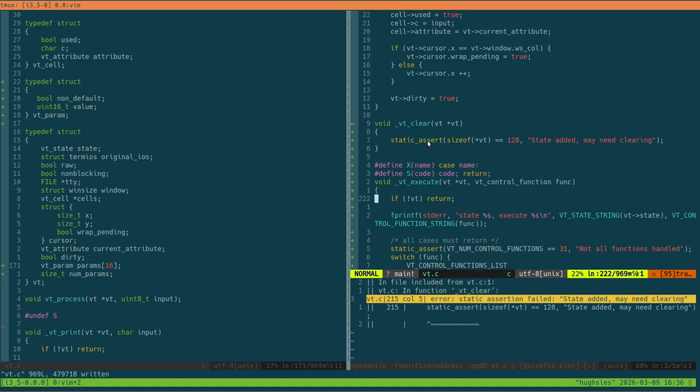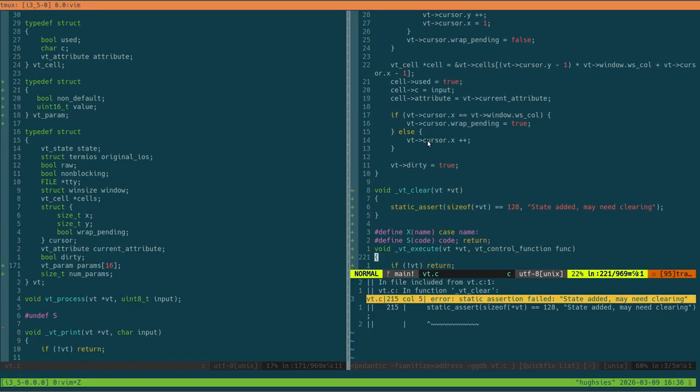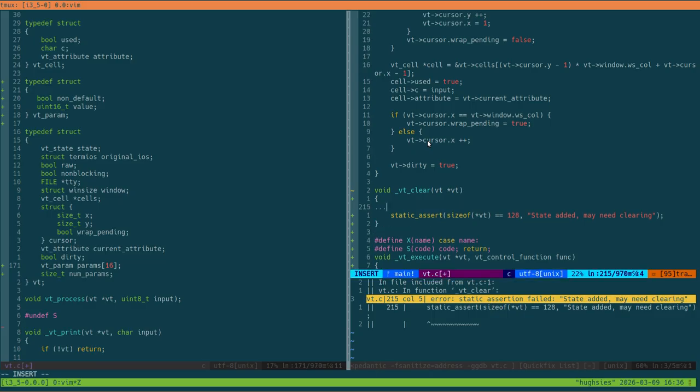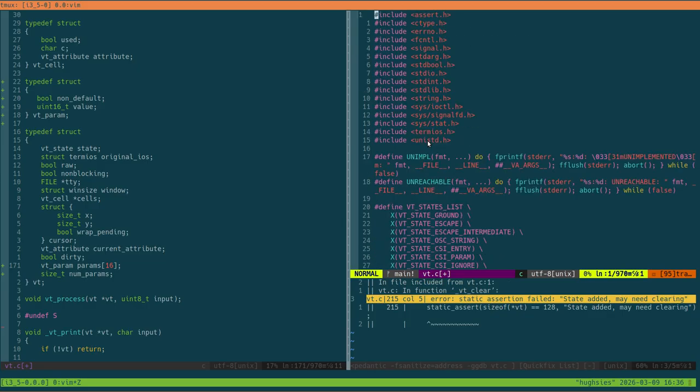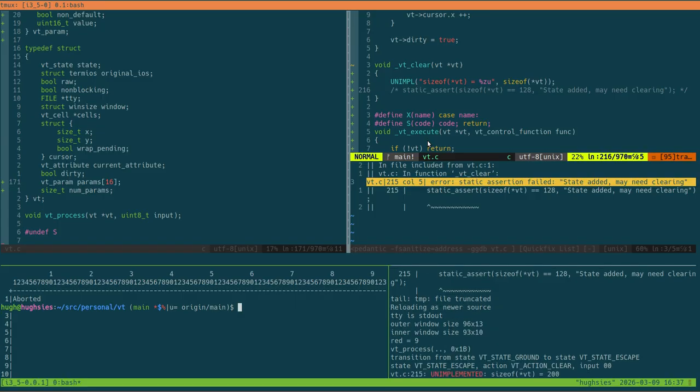I do not understand why. It's kind of weird. Anyhow, that's just the problems. So what I might do is unpull size of VT equals and du, and we can do size of VT and do something like that. And then if we error that, we should be able to get the size is 200,